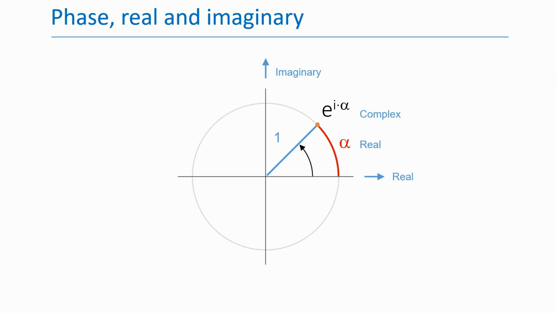Recall that any number on the unit circle has a complex value which contains a real and an imaginary part. But because that number is constrained to lie on the unit circle, you can also parameterize it with a real number alpha, which is the length of the red arc. The real number and the complex number correspond one-to-one. If you know one, you can easily calculate the other. The only qualification is, if the real number exceeds 2 pi, it becomes 0 again. So it's a real number modulo 2 pi.